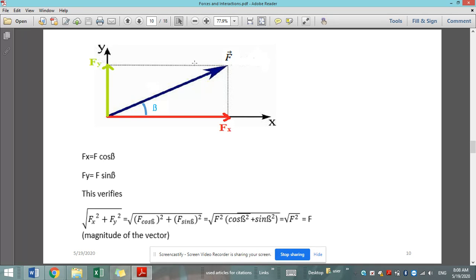We have, knowing that the angle formed between the force vector F and the x-axis is beta. So in this right triangle, applying the trigonometric relations, cosine beta is equal to the adjacent over the hypotenuse. So cosine beta is Fx over F as a magnitude. Then doing a cross multiplication, we get that Fx is equal to F cosine beta. Similarly, in this right triangle, if this is beta, then this is beta, since they form a Z